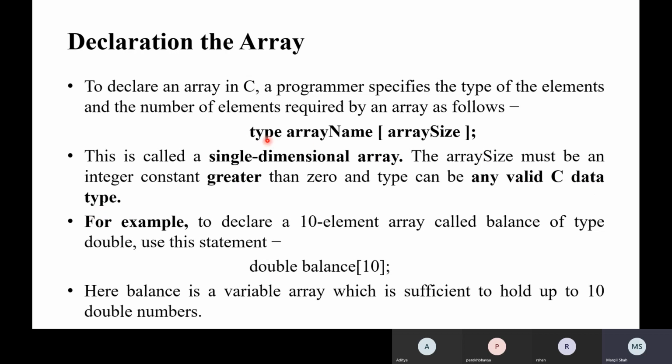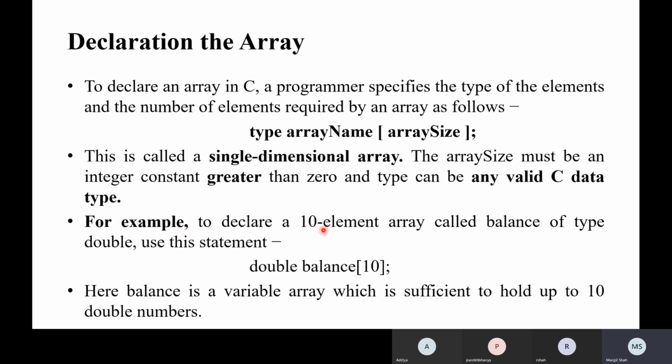That shows that again we are not bounded with primary data types only, we are bounded with any kind of data types supported by the C language, like integer, character, float, double, long integer, or even structure. We can create an array of structure also, we can create an array of union also, and we can say a class object also basically, right?